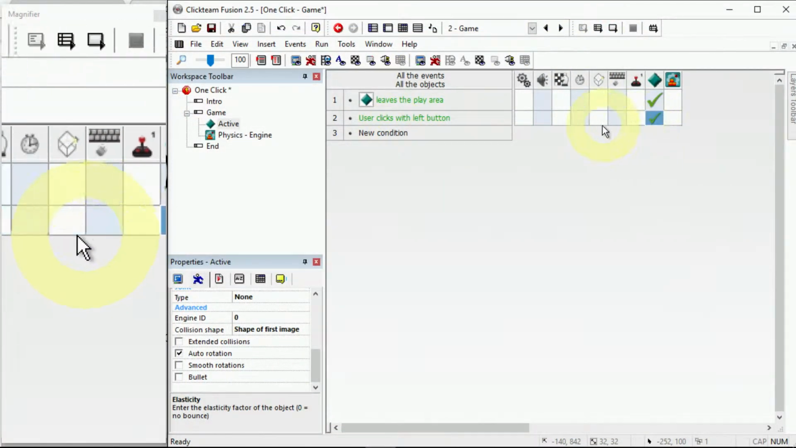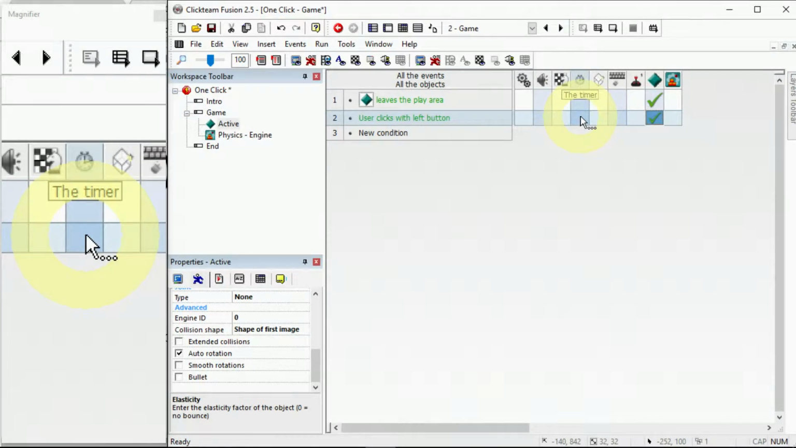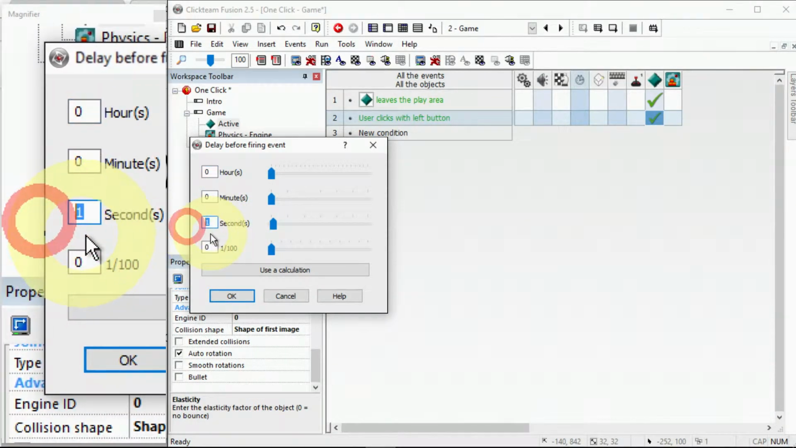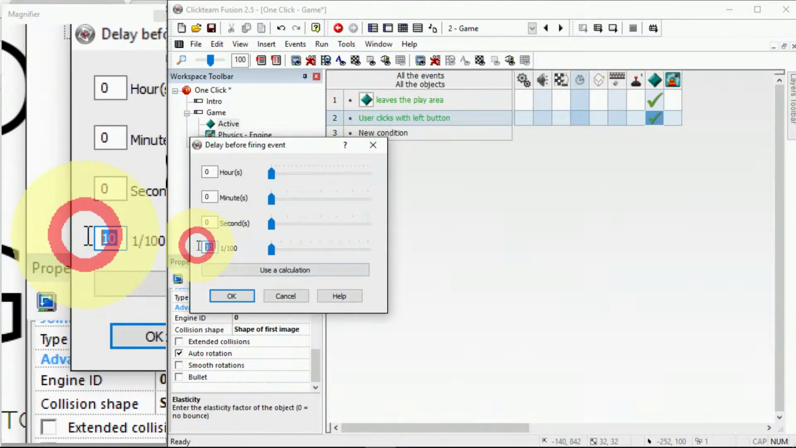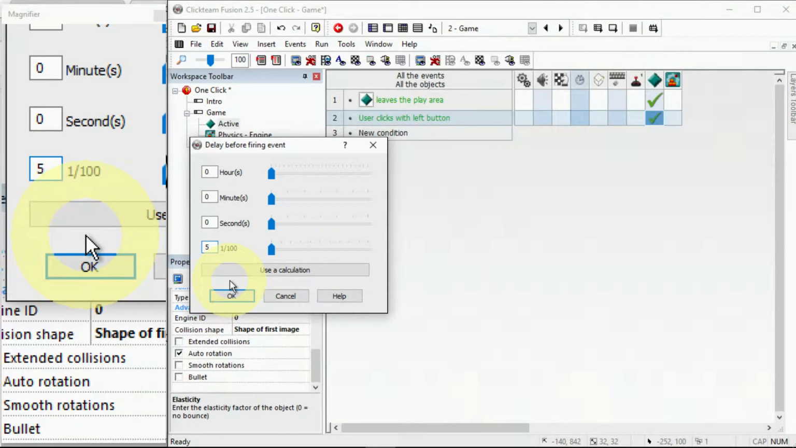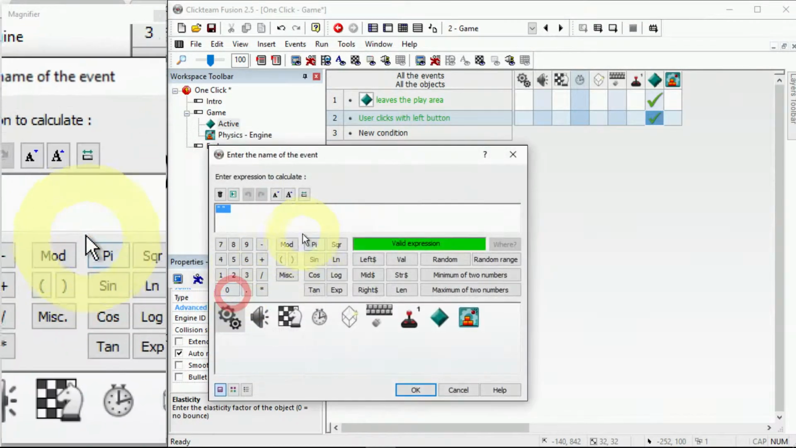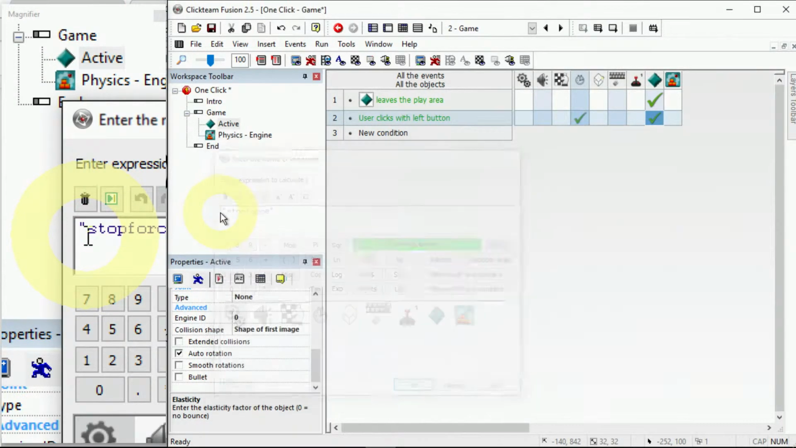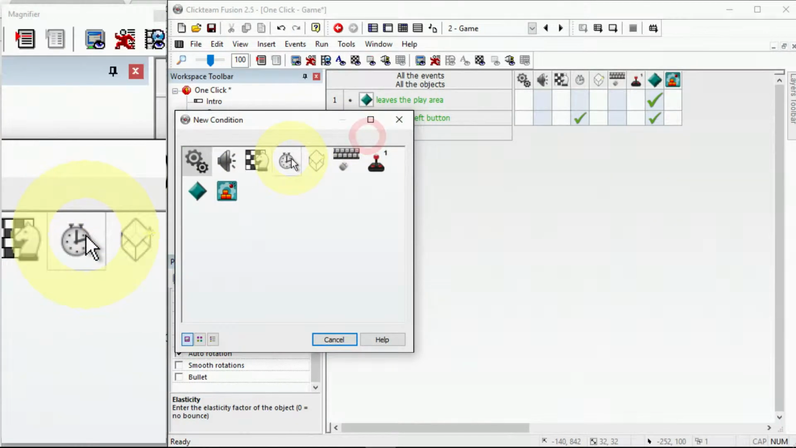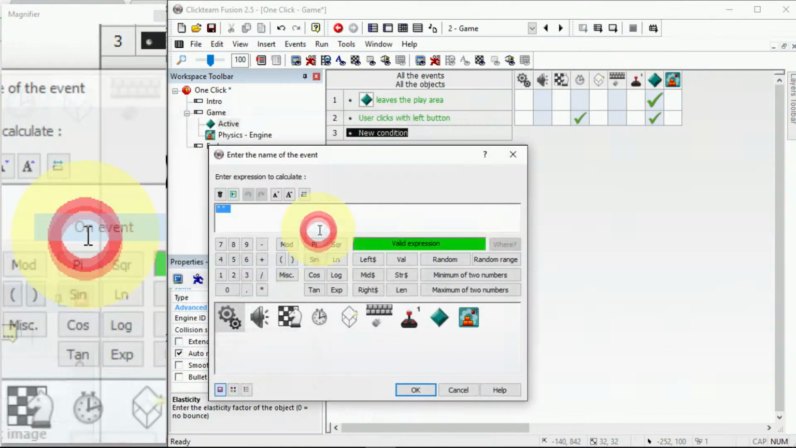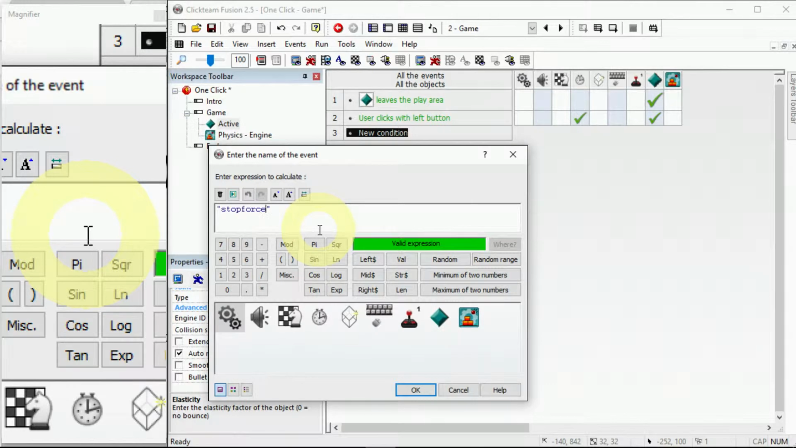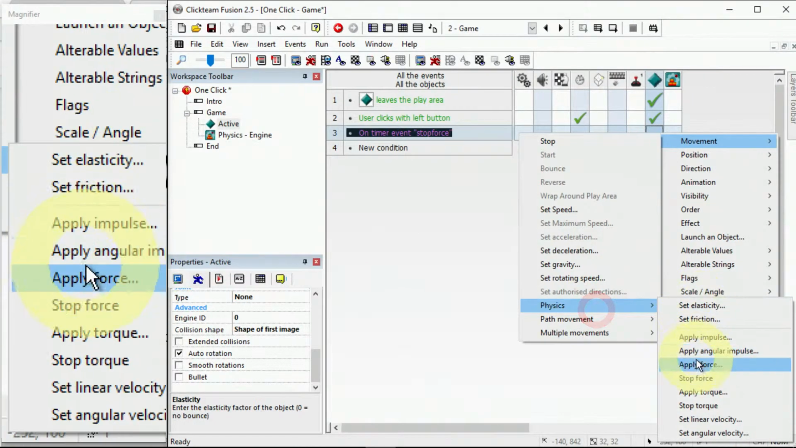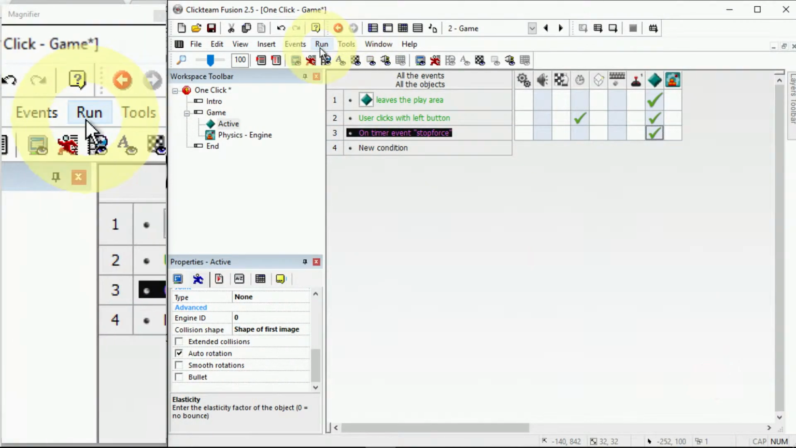So I'm going to set a timed event to happen. Under the timer on this user clicks, I'm going to right click, fire an event after a given delay. I'm going to say just after a 10th of a second, maybe even less, a 5th of a second, well, 5/100ths of a second, we're going to call it stop force. No space. And then we'll set a new condition that on the timer, on the event stop force, under the movement, we're going to set the physics to stop force. Right, now if we run the frame again,